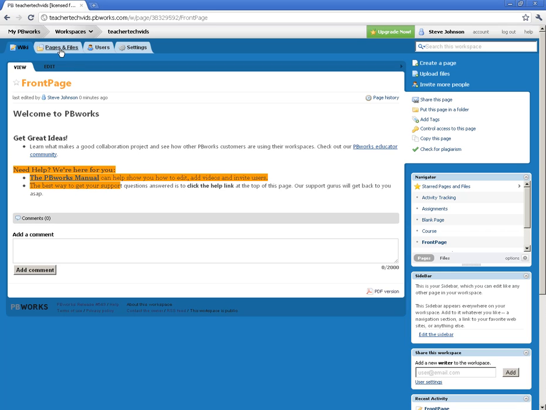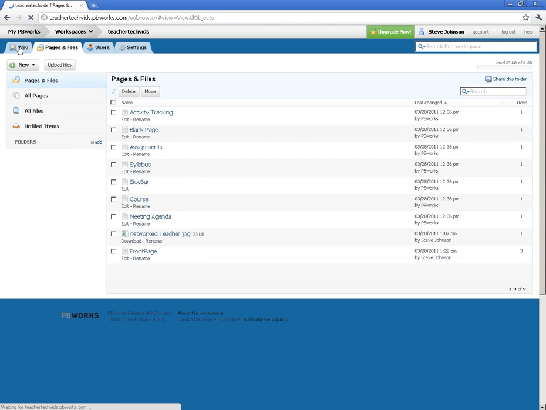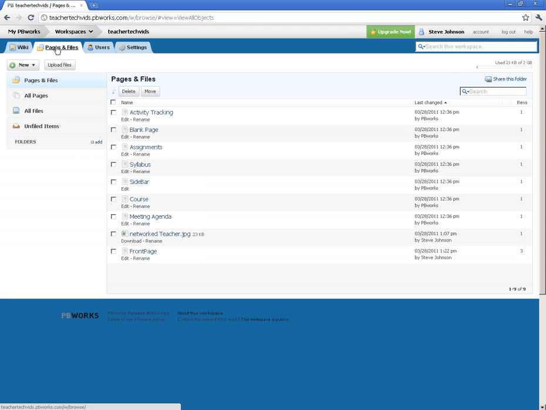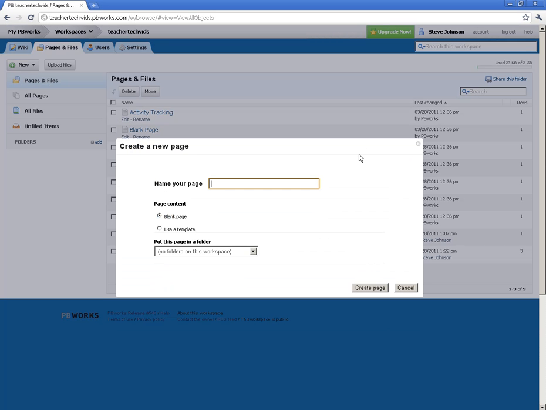Next thing, the last thing in this video, I want to show you how to create more pages and kind of manage the pages. You can do it one of two ways. You can click over here on Create a Page, or you can click on Pages and Files. Either way is the same thing. It'll take you to a spot. If you're in Pages and Files, you click on New, Create a Page,